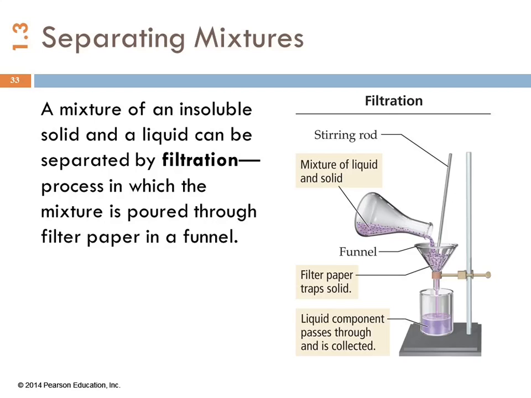Sometimes you can separate things with a magnet. You may have seen a demonstration of magnetic iron filings and sulfur, and you can mix them all together. Then you can use a magnet, and it'll pull the iron filings out. My son Michael does that a lot. He goes down to the river and collects sand, and then he uses the magnets from the fridge, and he pulls out the iron. So now all the magnets on my fridge have all this furry iron filing stuff that he got from the river, and then it scratches up the fridge, and oh, good grief. I'll stop now.